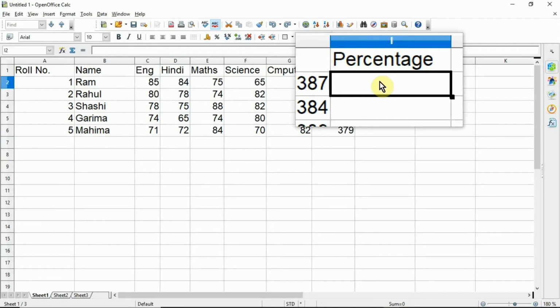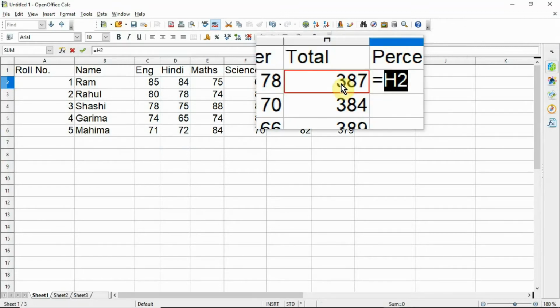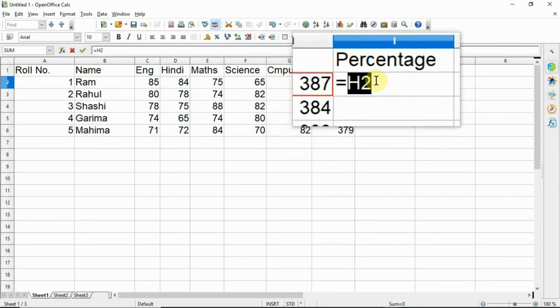Then we find the percentage. Select your cell I2 and type equal to and select the cell reference H2 into 100 divided by 500, because here the total number of subjects is 5, out of 100 each, so the grand total is 500.